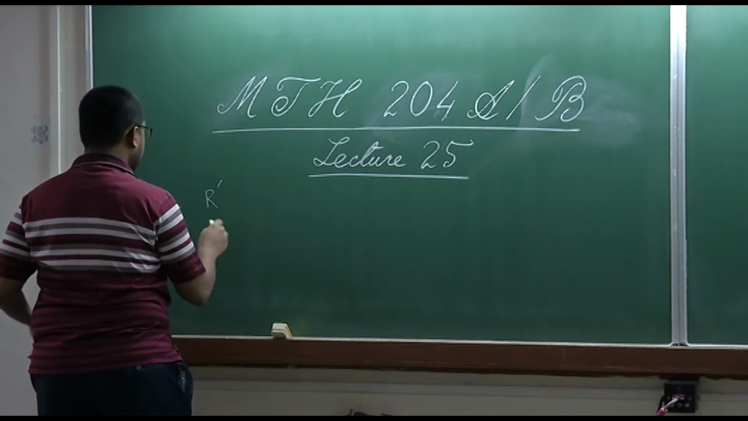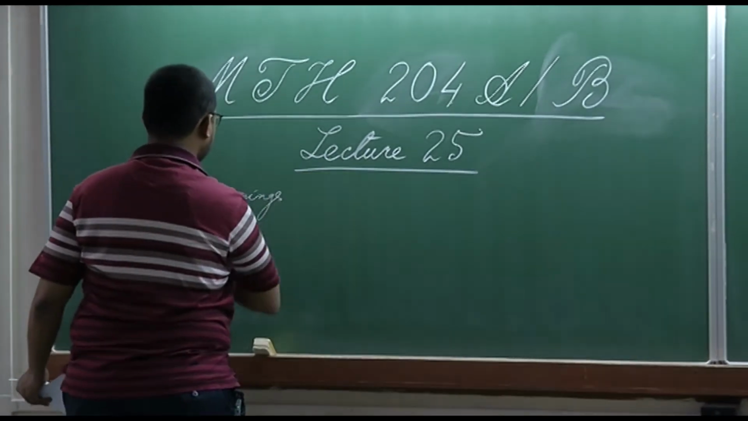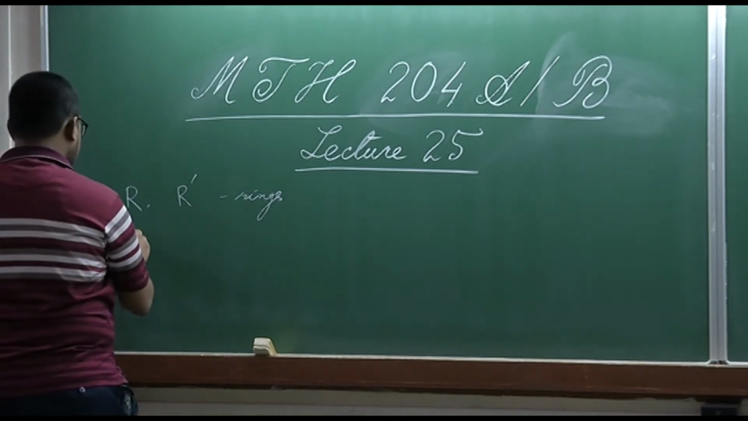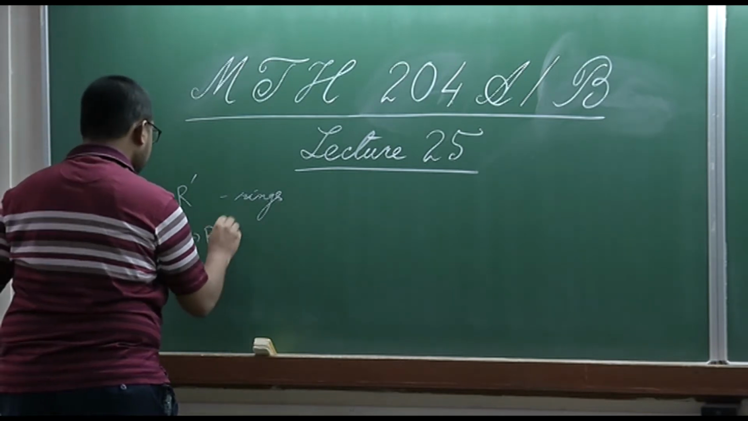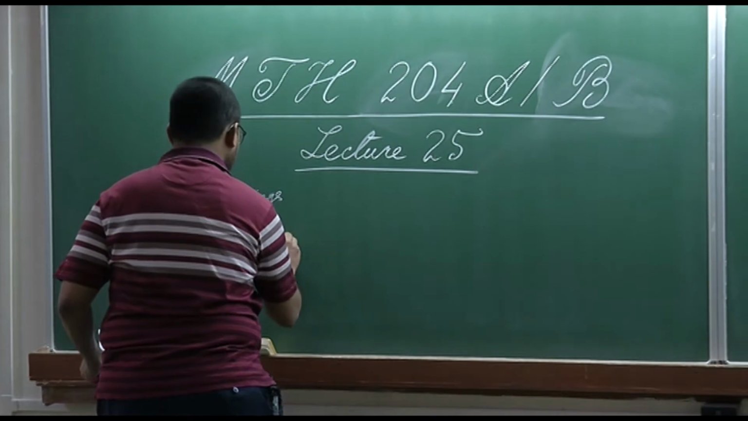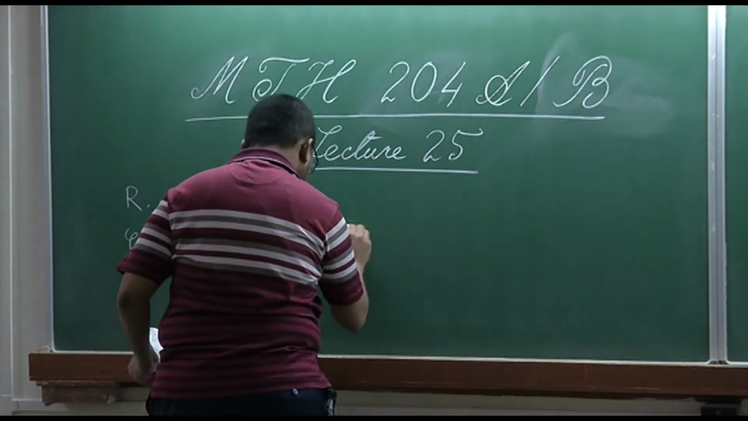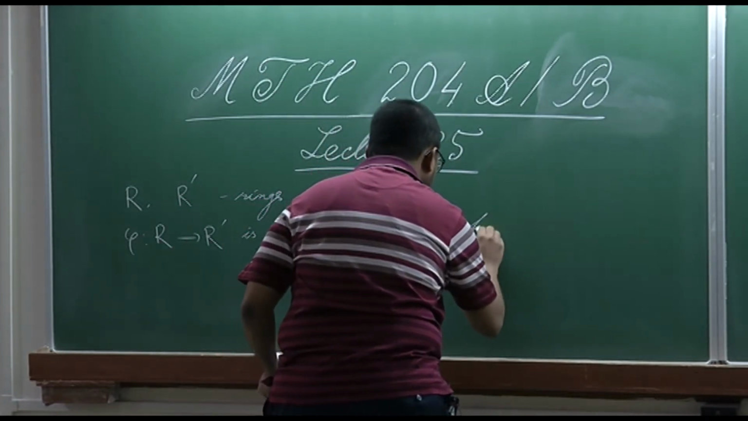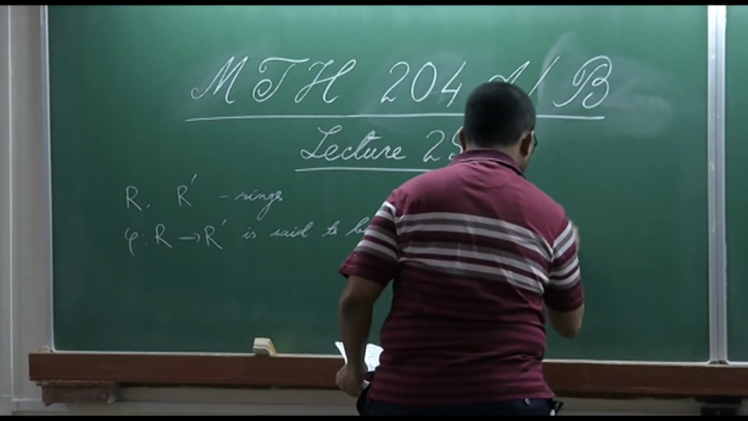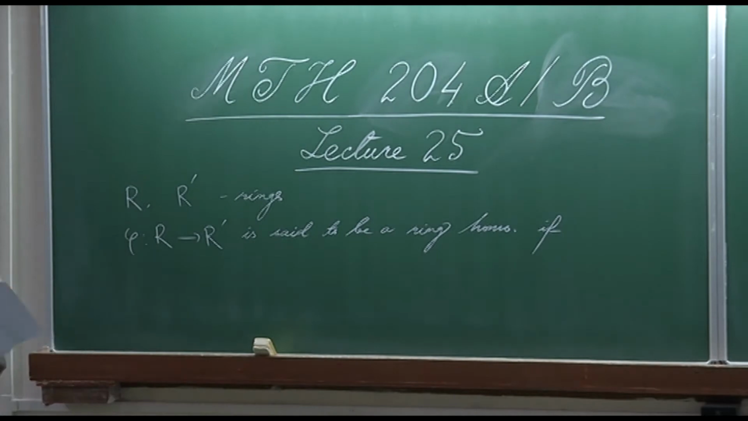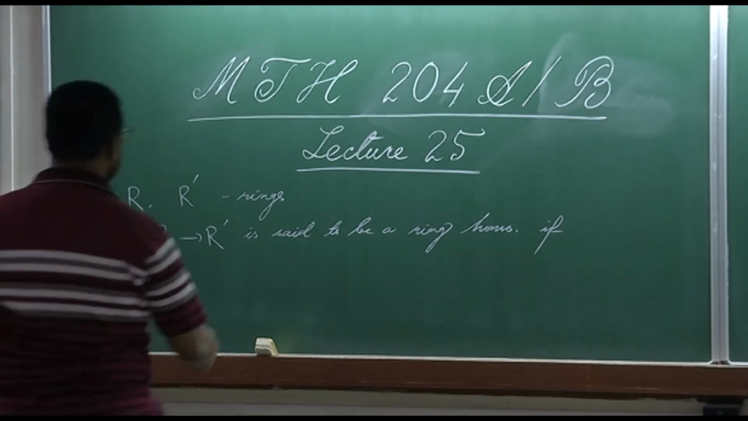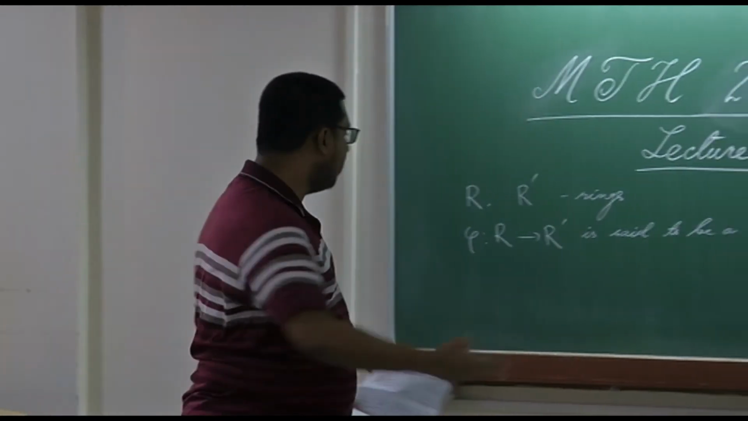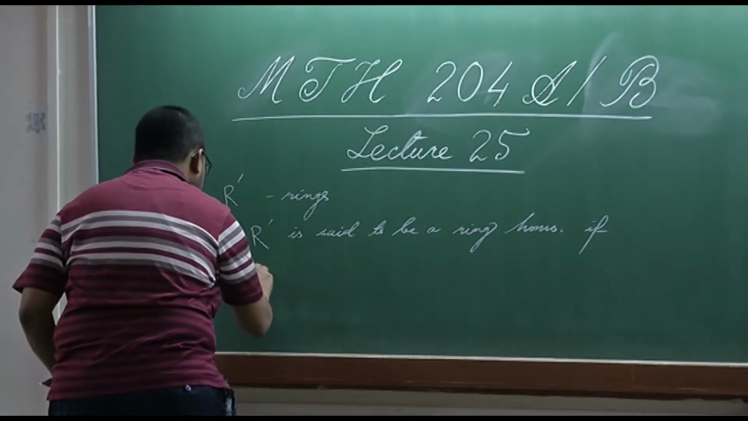Let R and R prime be two rings. I would like to remind you that for us a ring always means a ring with identity, and a map from R to R prime is said to be a ring homomorphism if, of course... So, what do we mean by homomorphisms in general? They are the structure preserving maps. So, in rings what are the structures? Structures are given by the operations addition and multiplication. So, by a ring homomorphism I mean the maps which preserve